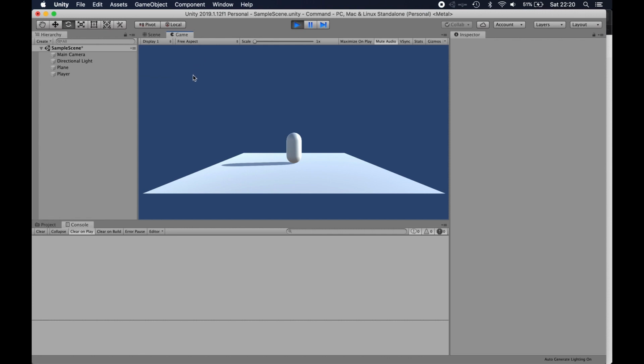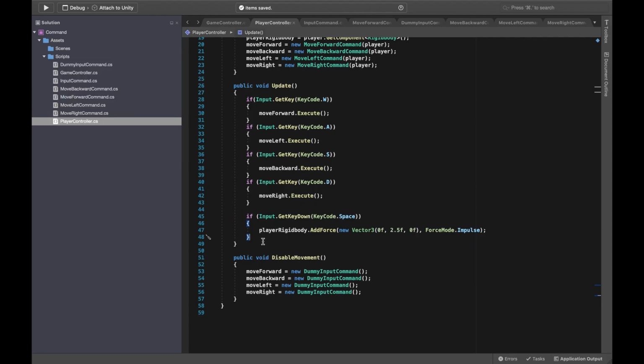And you can imagine using this in a tutorial where you need to turn on and off input to teach the players different actions. So let's have a look at that jump. And in this function, rather than thinking about tutorials, how about we think about upgrades? So at the moment we had a force of 2.5 whenever we click the space bar. And if we do what we've done before and wrap this inside a command,